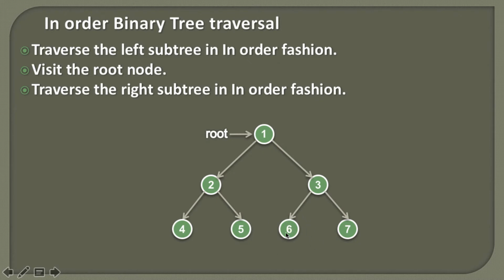As node 6 has no left subtree, we are done with the processing of the left subtree, and then we actually visit the node, and after visiting the node we go to its right subtree. And as node 6 has no right subtree, we are done with the processing of the node 6 completely. Then our call goes back to the node 3, and we know that we have completely visited its left subtree.